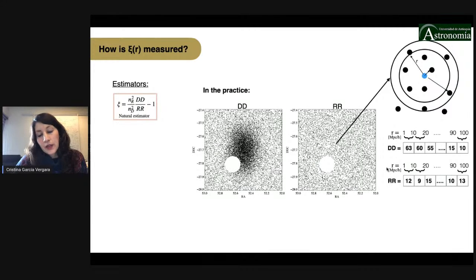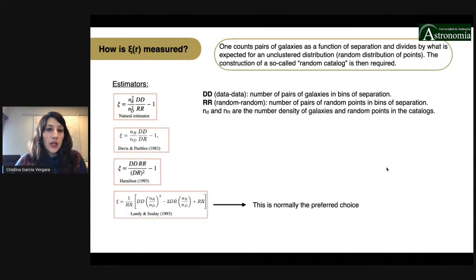And that's it. Then other estimators have been proposed also. Here I'm showing the more important ones. This is the natural estimator, the Davis and Peebles, the Hamilton, and the Landy and Szalay estimator. All of them are analogous. Basically, those will give you the same answer, the same measurement of the correlation function, but the differences are more focused on